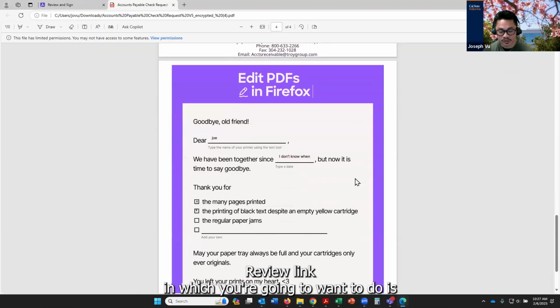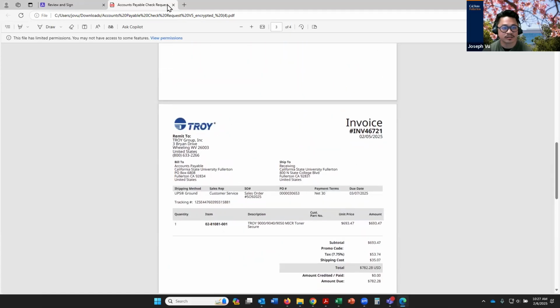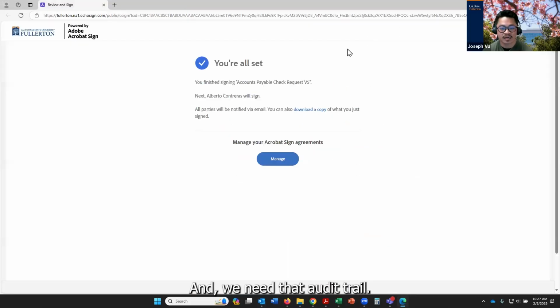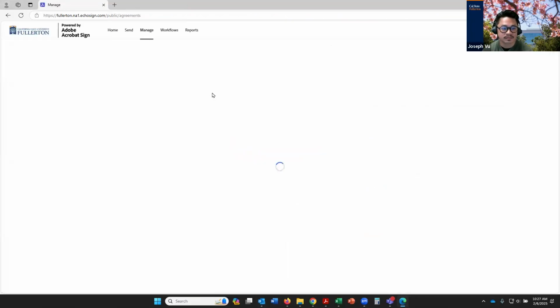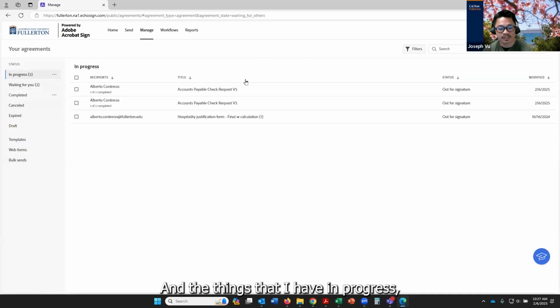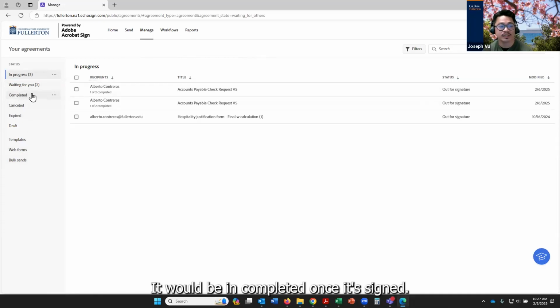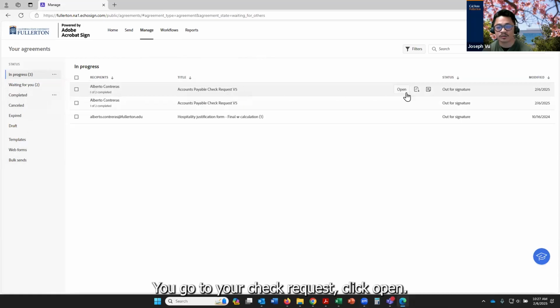And what you're going to want to do is, if you notice here, if I scroll to the bottom, there's no audit trail, and we need that audit trail. So if you go into your Adobe Sign, I happen to be logged in. It'll ask you to log in and show the things that I have in progress. It would be under completed once it's signed. You go to your check request, click open,